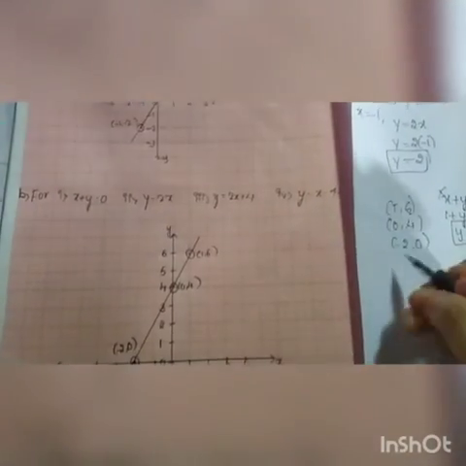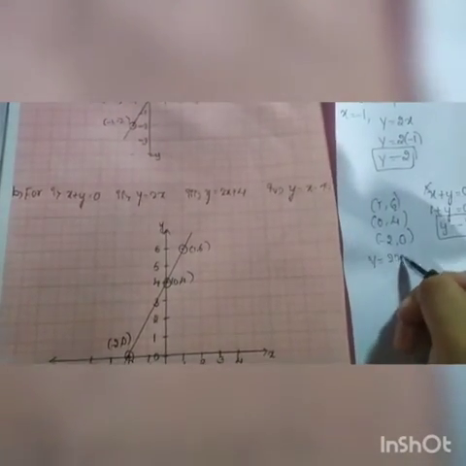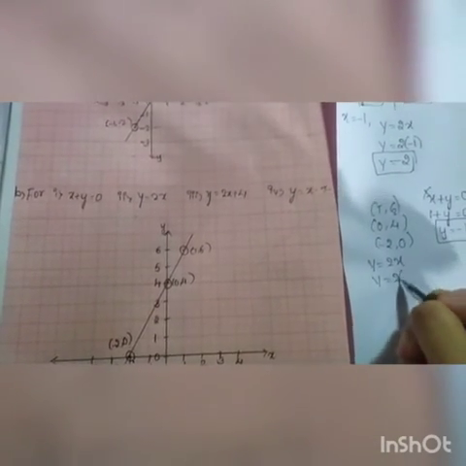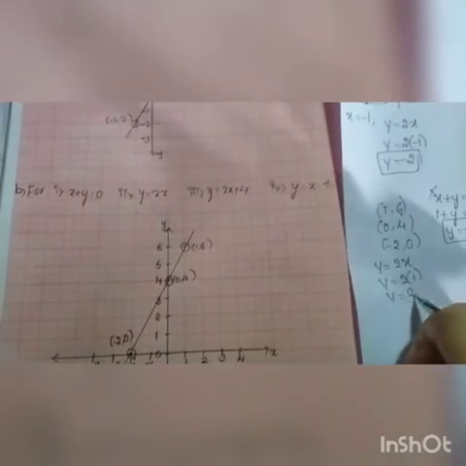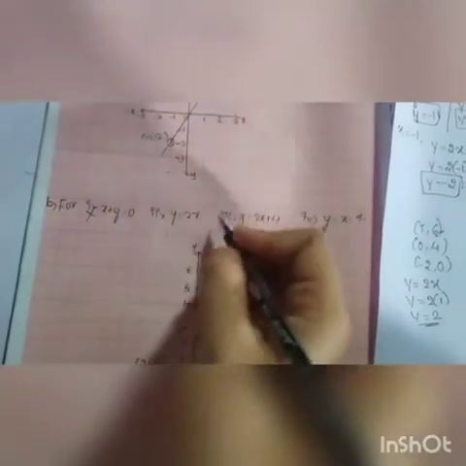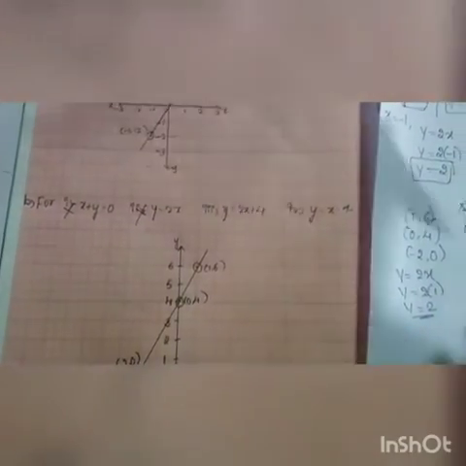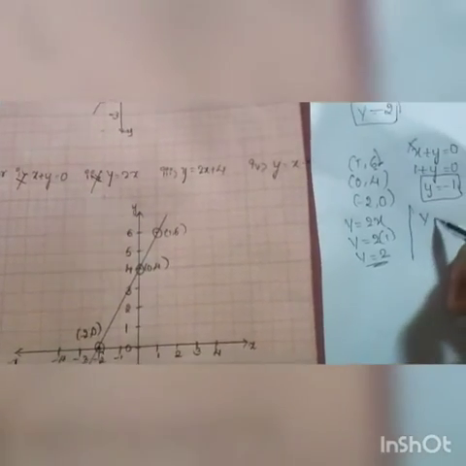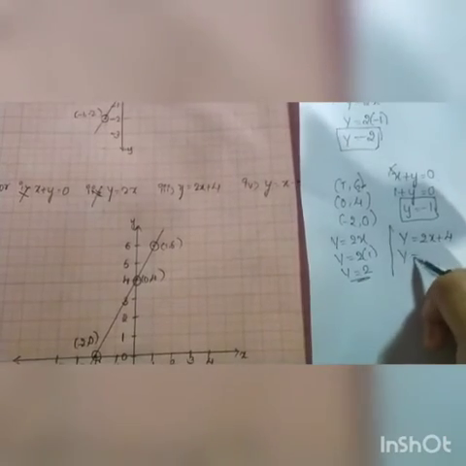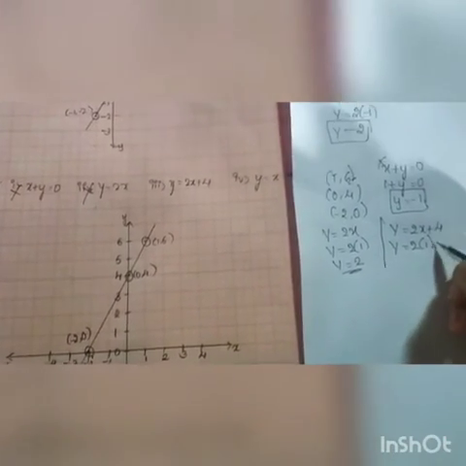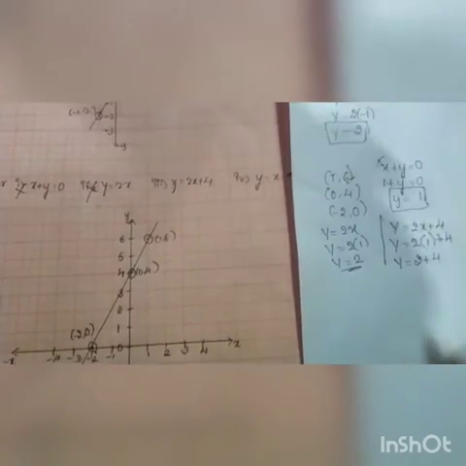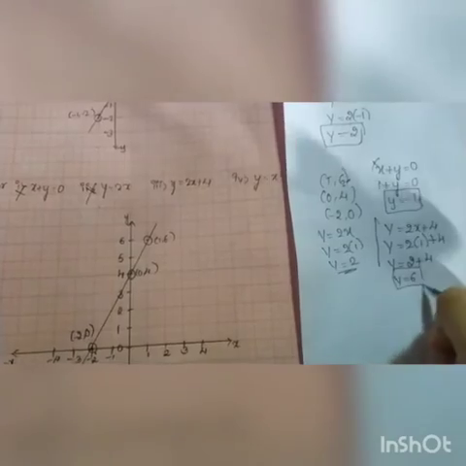Let me go with the second one, y is equal to 2x. Let me take the equation. Then I substitute x equals 1. I'll get y is equal to 2. But the y value I have to get is 6. So the first one is not possible, and the second one is also not possible. Let me go with the third one, y is equal to 2x plus 4. So if I substitute x equals 1, 2 ones are 2, plus 4. What will you get? y is 6. So we have got the first point.